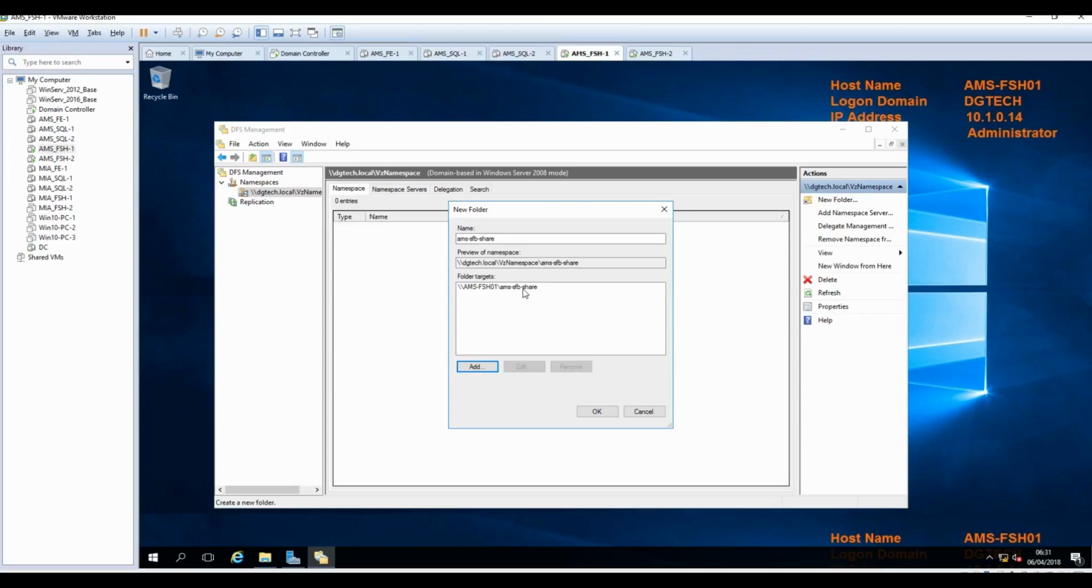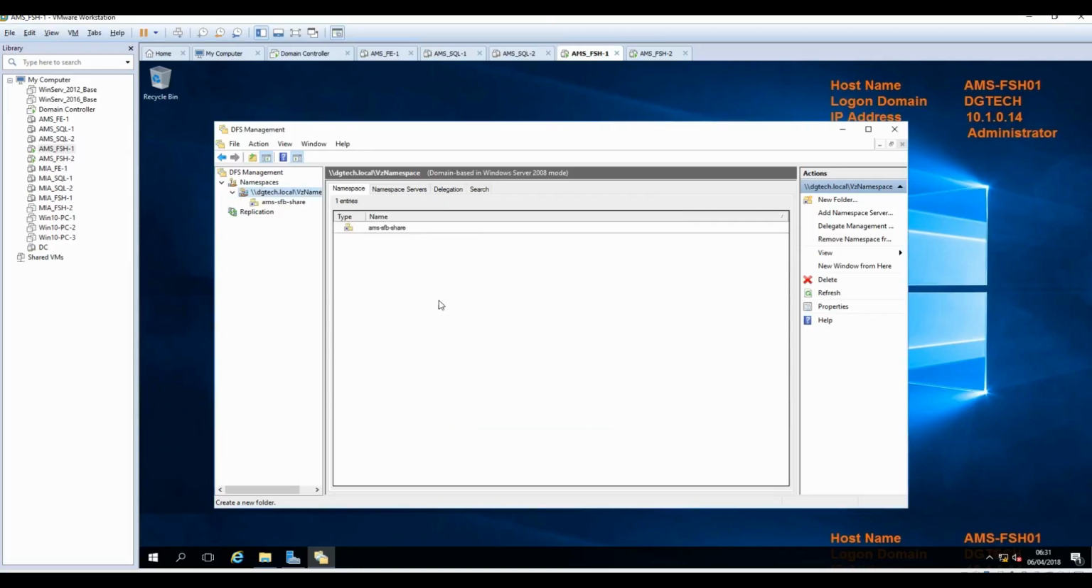Okay, so we've just selected this one. We're not going to add the second folder at this stage itself, so let's just go ahead and do OK. Right, so it has now created me the AMS SFP share. I'm going to select that, and now I'm going to add the folder target